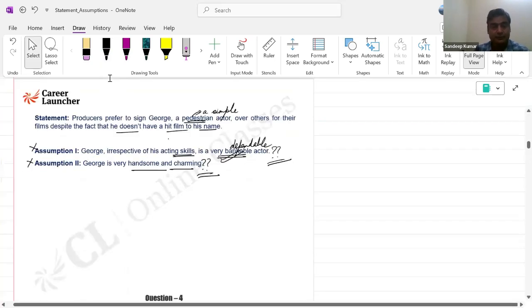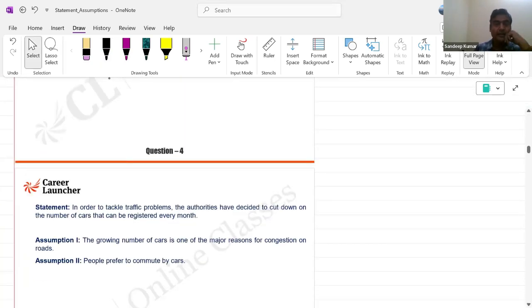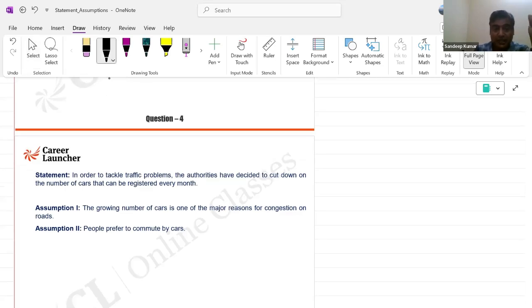Okay, let's look at the next question. In order to tackle traffic problems, the authorities have decided to cut down on the number of cars that can be registered every month. The growing number of cars is one of the major reasons for congestion. Congestion means jams